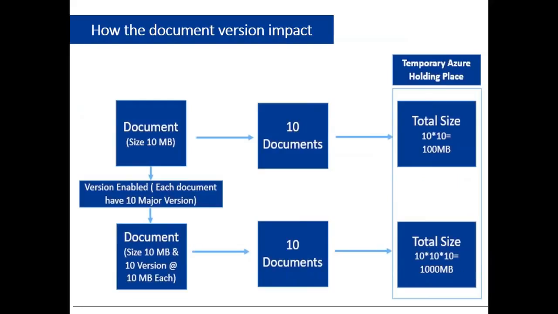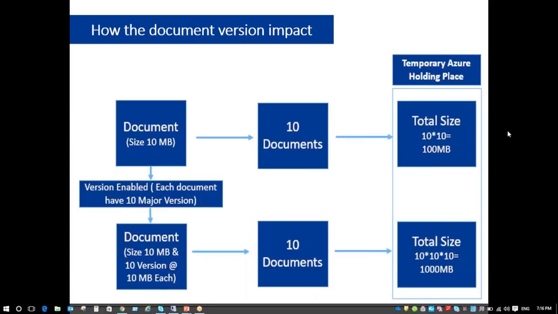So the next one is also quite interesting. What I feel is that in most projects, internally in organizations and other organizations, people skip this one also: how versioning matters. So what this slide says is, if we have 10 documents and each document is 10 MB, then the size we have internally is 100 MB. But we can't just estimate like that, taking the total size of the documents only.